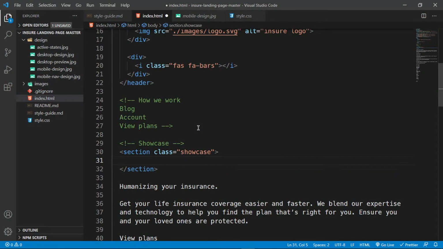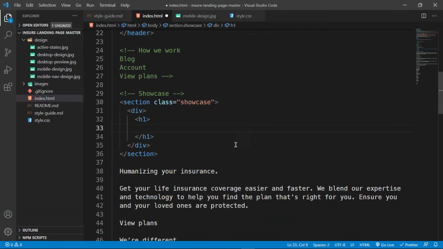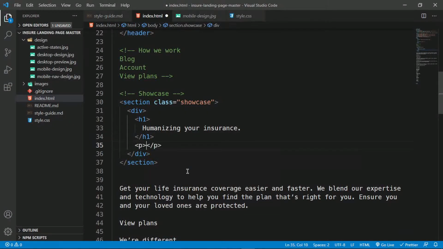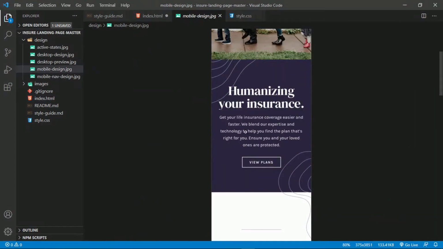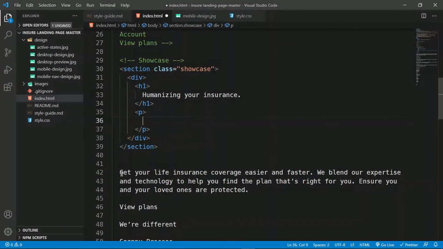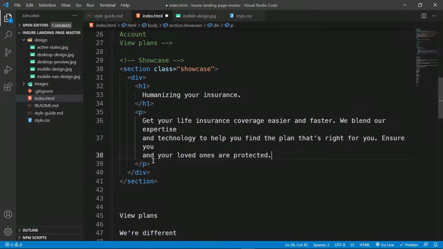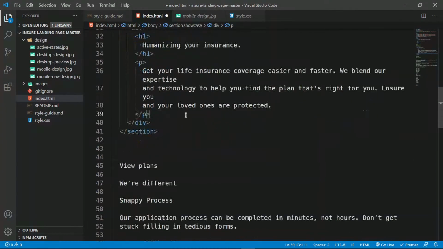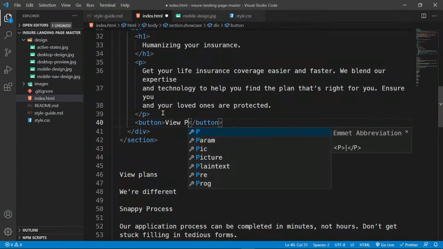And inside here, I'm going to have a div, and this div is going to have an h1 that says humanizing your insurance, like that. And below this h1, we're going to have a paragraph, right? Is that correct? Let me just confirm this. Right, a paragraph that says all this. So I'm going to grab these 3 lines, just move it up. And then below this paragraph, I think there is a button that says view plans, correct? So I'm going to create a button here that says view plans,